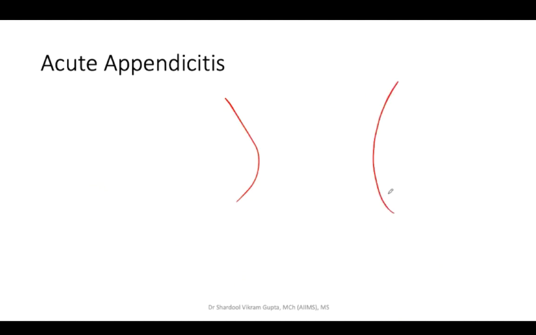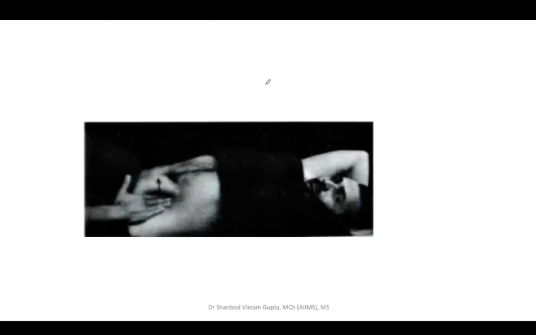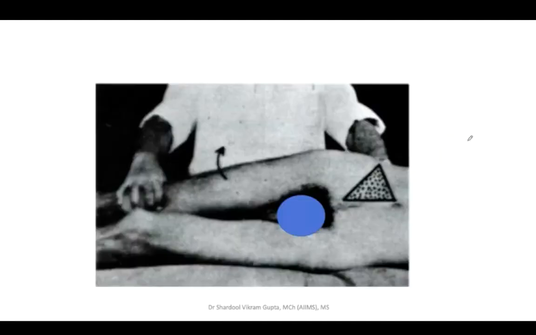Sometimes, due to appendix being pelvic in nature, there is diarrhea because of the pelvic inflammation, and in digital rectal examination you may elicit a tenderness. So this is eliciting of which sign? So this is left iliac fossa and the patient is having pain in right iliac fossa, then this will be Rovsing sign. So this is externally rotating the limb.